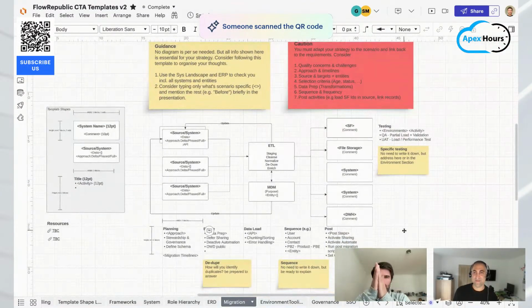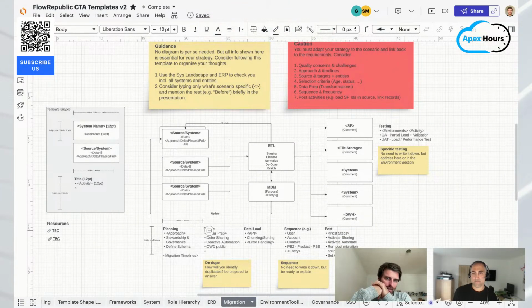So, first of all, having a diagram for data migration fundamentally is not a necessity, but I think it can be very helpful to visually depict this rather complex process. What you also need to be very mindful of is the dislike of the judges when they have the impression that you've simply memorized something. So you need to be very mindful of how you're customizing your data migration strategy to the specific needs of the scenario,